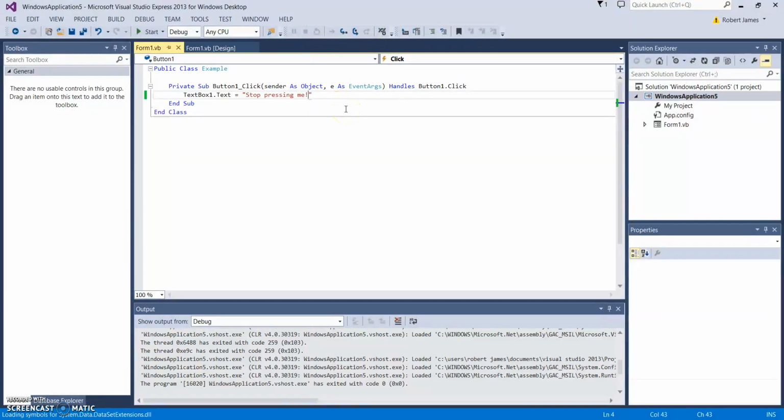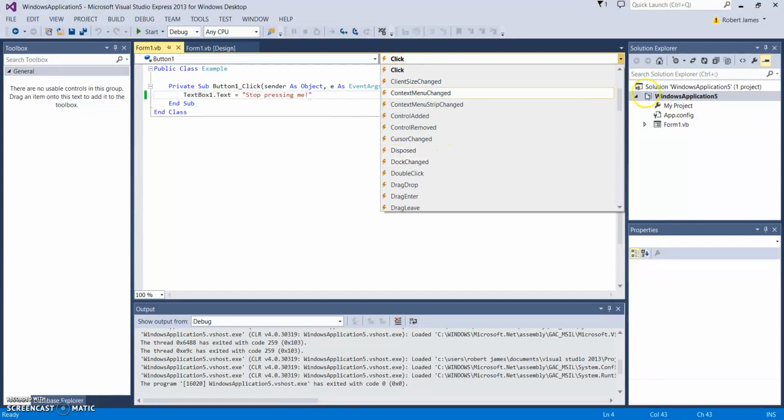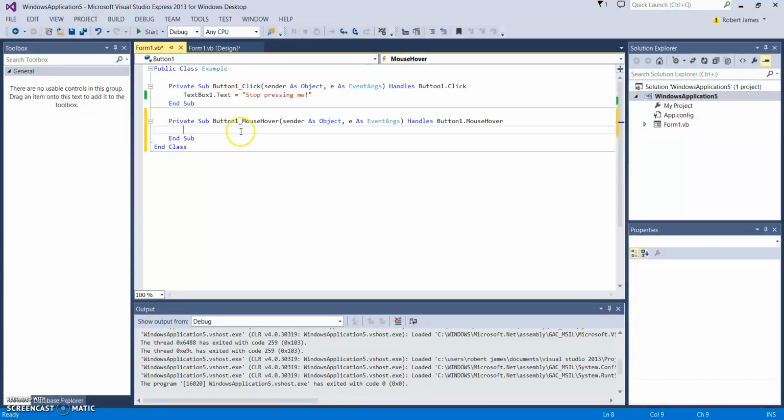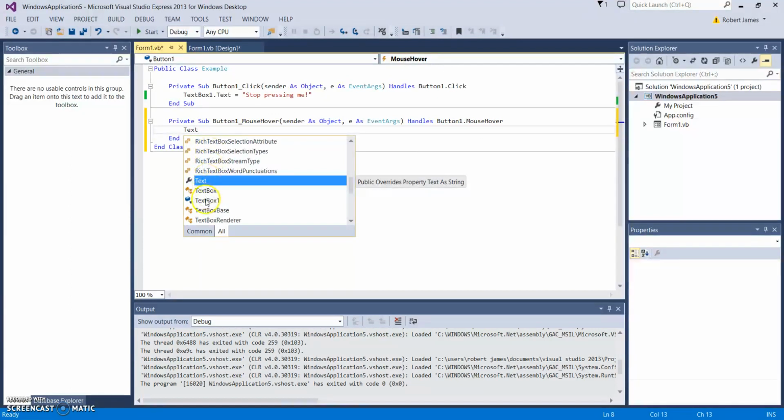Now rather than that popping up to say stop pressing me, I want to warn someone as well, as in when the cursor goes over that button, maybe something will appear in the text box as well. So where it says click, I'm going to find hover or mouse hover. As you can see, there are various different things which you can code in terms of the action of the mouse to trigger this particular part of the code. We get another sub procedure appearing. It's pretty much identical to what's there at the top, but instead of click it says mouse over, dot mouse over as well. And this time I want to set the text box